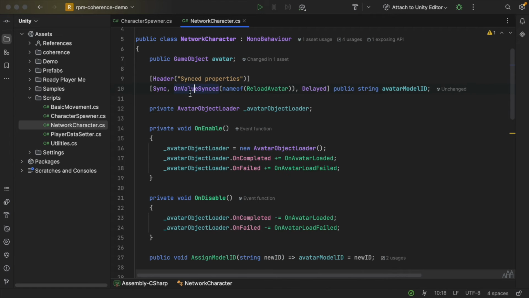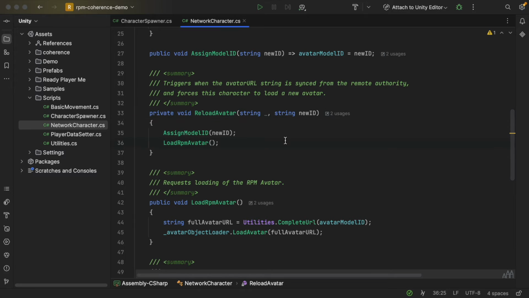The other key functionality here is the onValueSynced attribute. OnValueSynced makes it so that when this value is synced over the network, so basically it's coming from a remote version of this prefab, it invokes the reload avatar method and it provides it with the old value and the new value. But we're only interested in the new value.